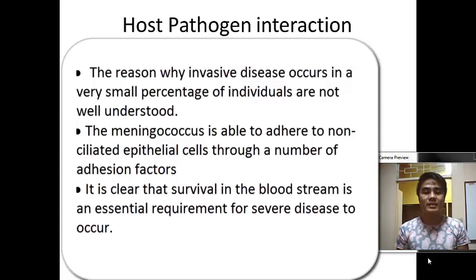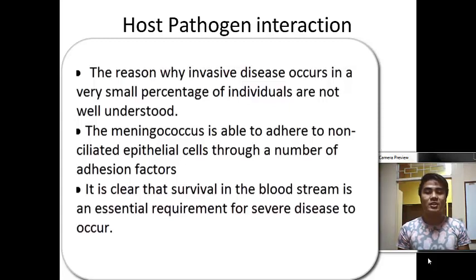The bacterium has a number of mechanisms enabling it to avoid host immunological mechanisms in the nasopharynx, including production of IgA protease, production of factors which inhibit ciliary activity, and possession of a polysaccharide capsule, which promotes adherence and inhibits